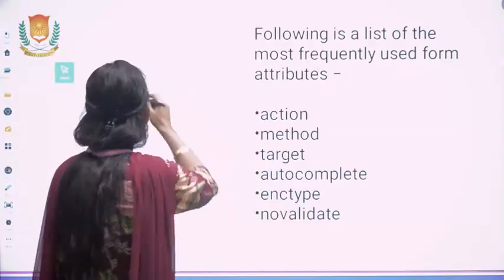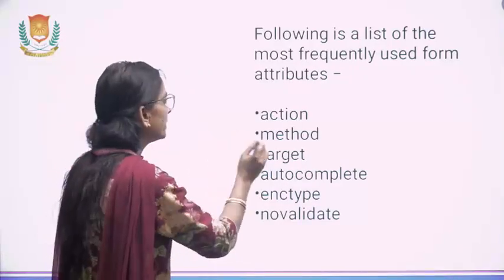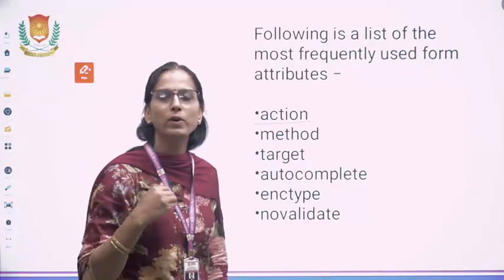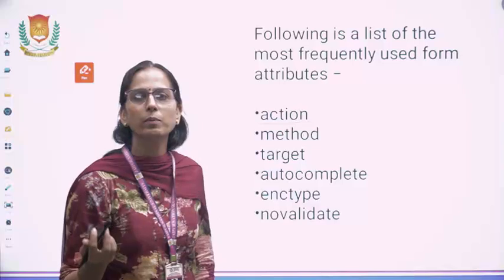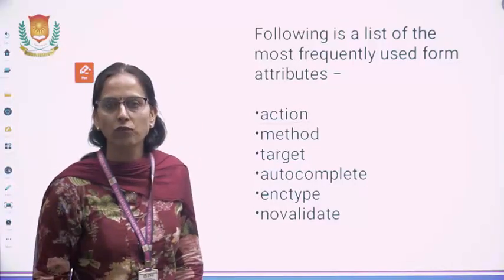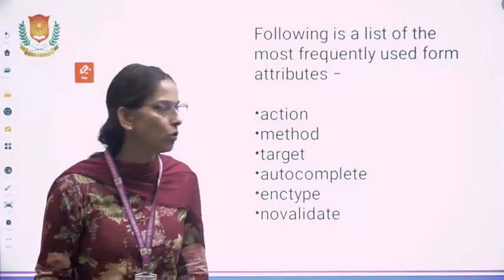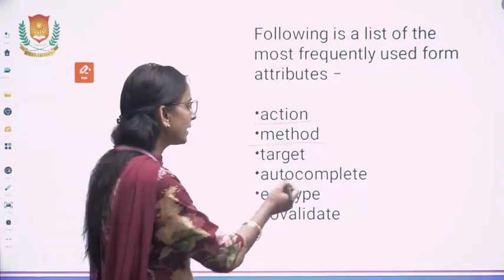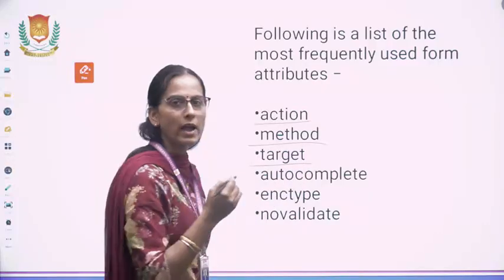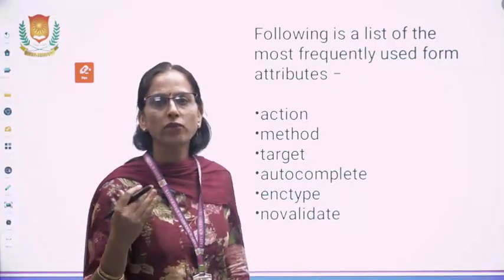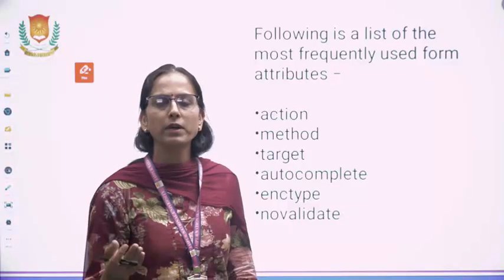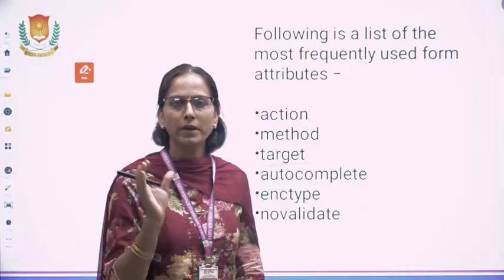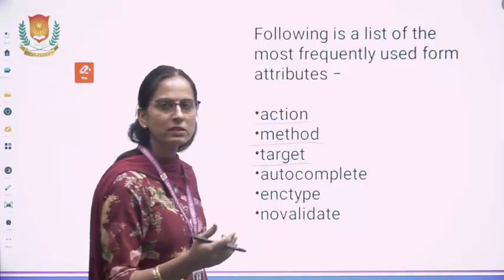The first attribute is the action. In the action, we provide the name of the website to which it will be redirected, which website will be opened by just filling the information, where the information is going. Then the method provides the way we are going. Target is the look and layout, in what kind of frame your information will be opened. Information will be opened in a separate specified tab or a particular parent frame. We will discuss it.